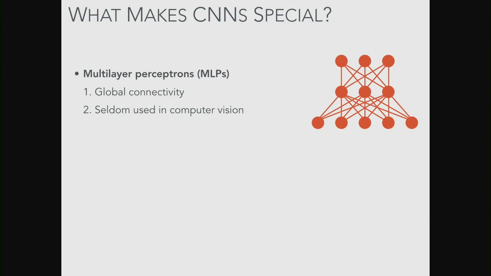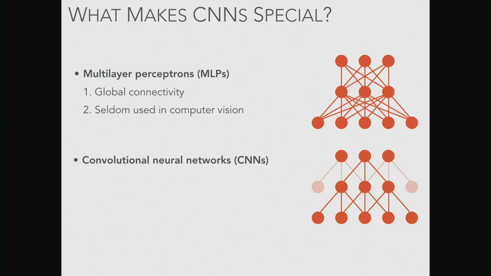But they're not really used in computer vision. And the reason is they lack a few assumptions about how images work. So one thing which a guy called Yann LeCun changed back in, I think it was either the 80s or 90s, was the introduction of local receptive fields. Basically what this means is that in an image, I'm only going to connect my neuron to a very small patch, localized to where that neuron is placed.